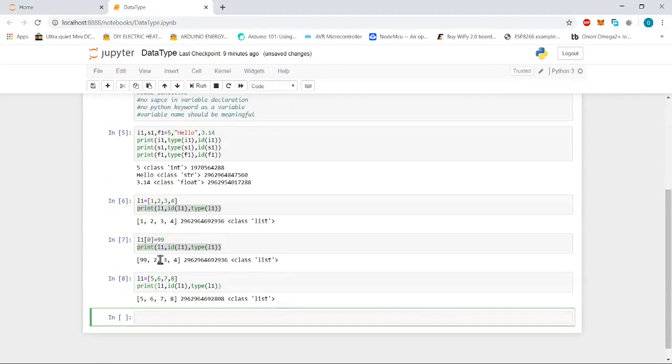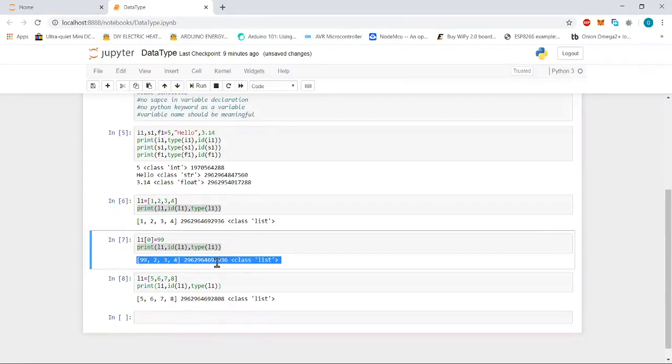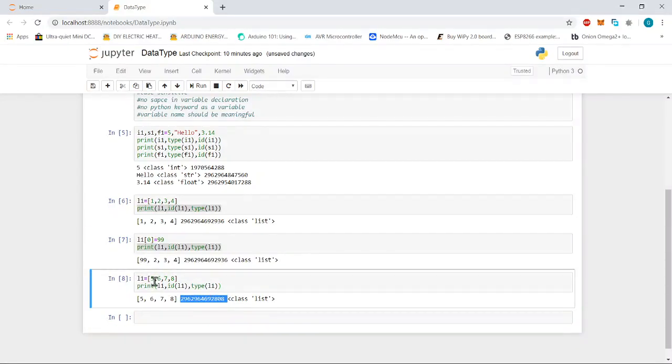The variable name is the same, L1, but the identifier is changed. Why? Because the content of the list is changed. So this is how we can distinguish mutable and immutable data types.